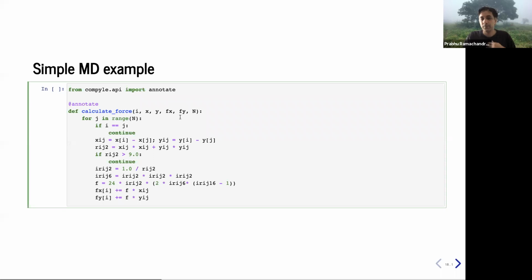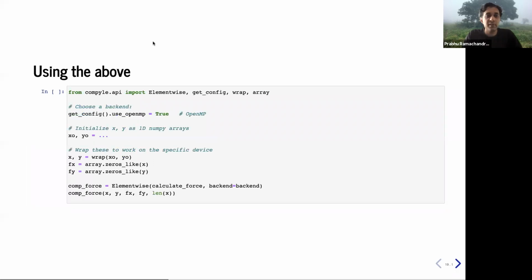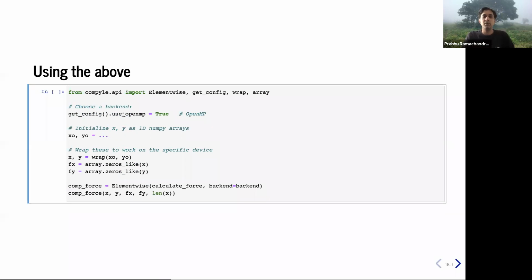That's all it's doing. Now, once we have this, we can basically say, all right, let's use all the cores on my laptop. I can say use OpenMP, create the initialization, which is all the particles. In this case, I'm doing two-dimensional interactions. So I have like 10,000 particles. So I'll just put a dot, dot, dot here. I've not filled in the details, but you can imagine.